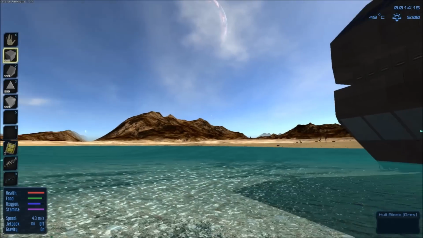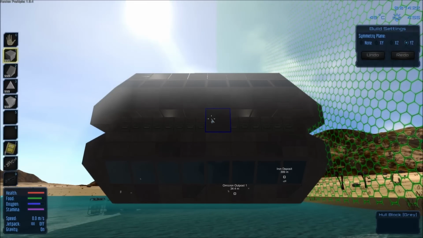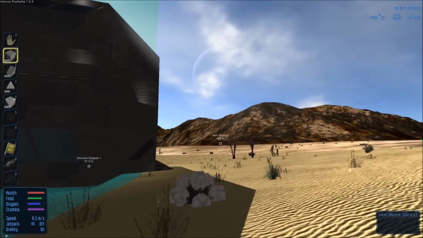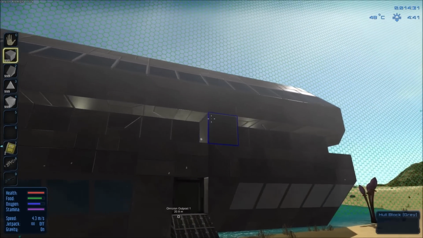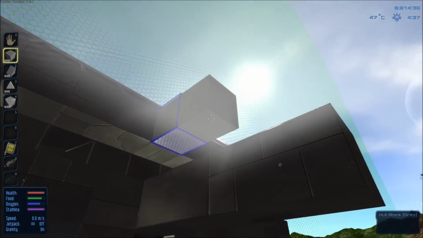So what I'm going to do is find the center of my base there. Again, we're going to press the N button, click here, and you can see that the plane has now shifted, and it's shifted to the middle, which is where we want it to be. So we leave that there now, and just to show you how this works, I'm going to place a block out here and a block out here,